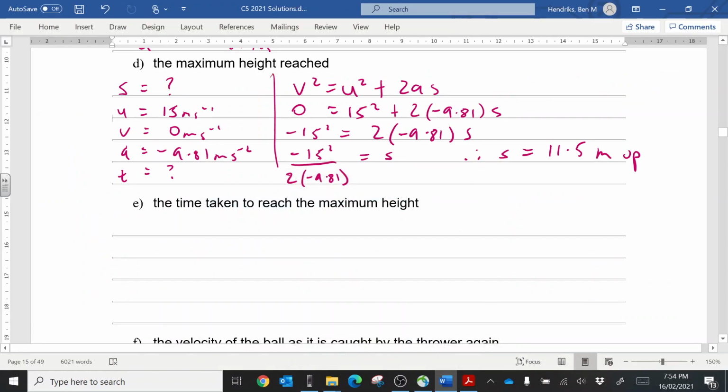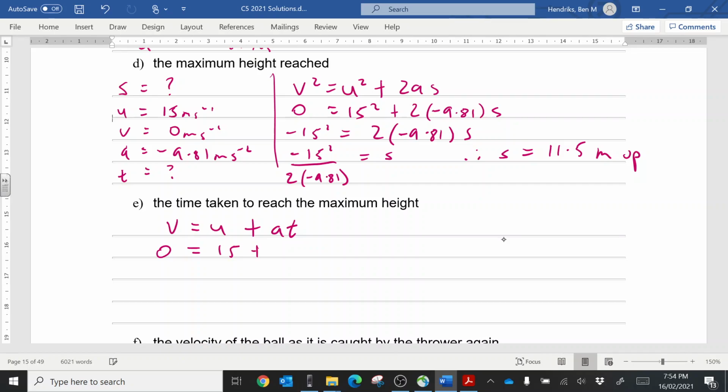So 0 is equal to 15 plus negative 9.81 times t. Then we can subtract 15 from both sides and divide by negative 9.81. That's two steps there, equals t. I hope that's not too quick. You do both steps together. Therefore, t is equal to